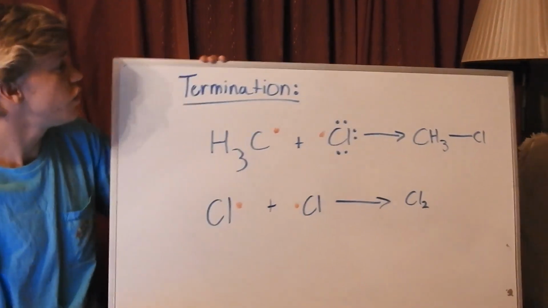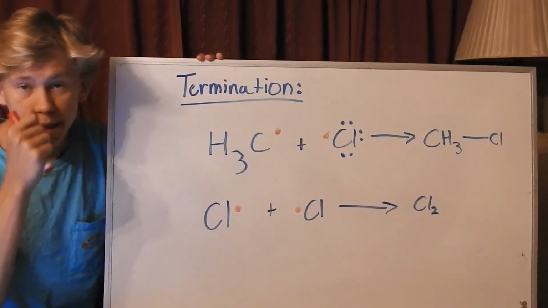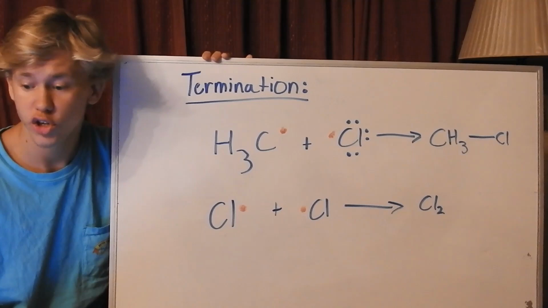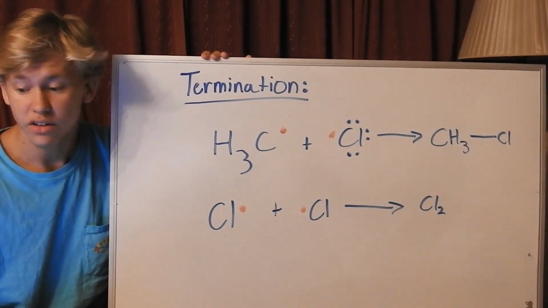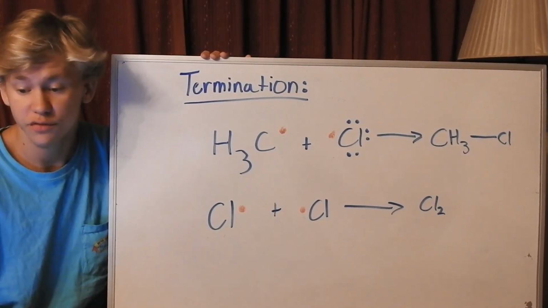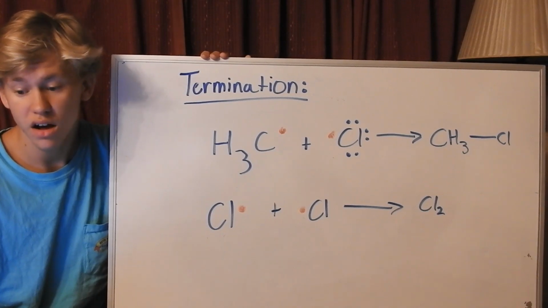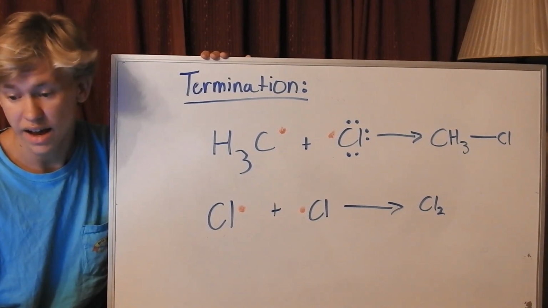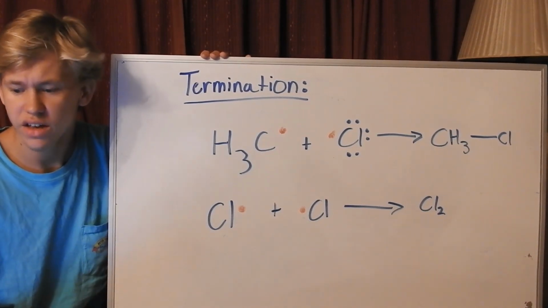Finally, we come to the termination. Chain termination occurs when two free radical species react with each other to form a stable, non-radical adduct. Although this is very